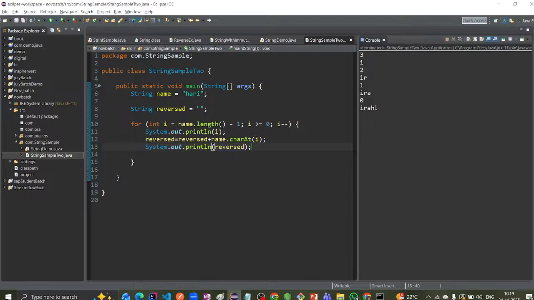Okay, see now, reversed. Hari name, reversed name is Hirash. Clear? This is the logic we have to take to reverse any string. Then after, if you want to find the length of this one, you can take